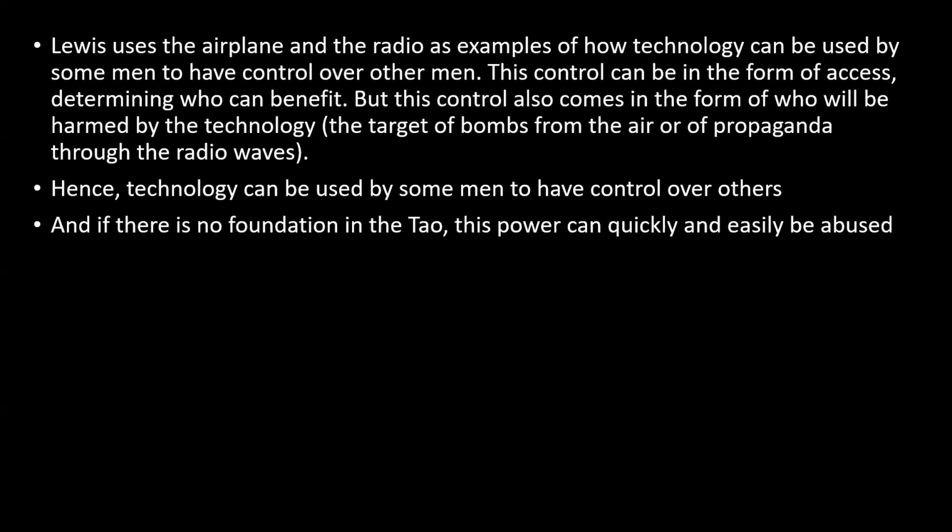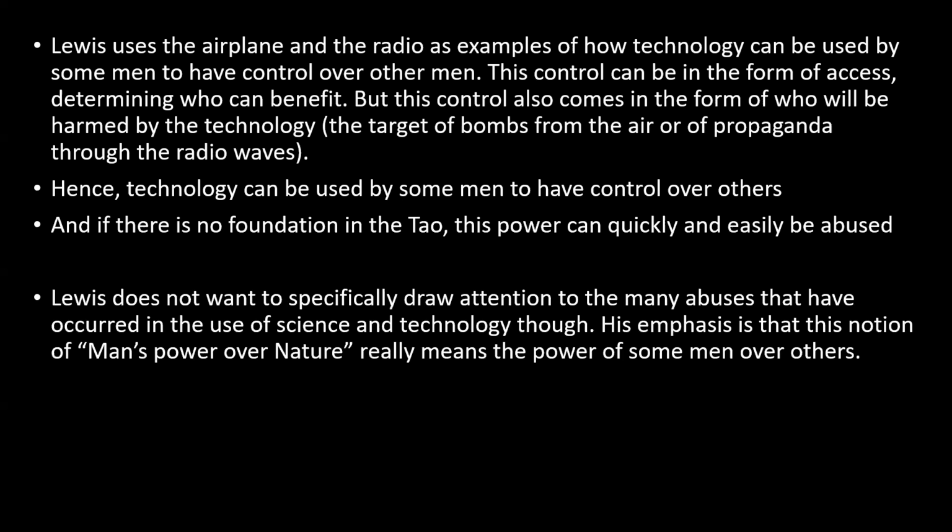And C.S. Lewis is going to really emphasize that if you consider how technology can be misused or abused or used as a form of power of some men over others, he says, now consider what he's been talking about throughout this book, that there's been this rejection of the Tao. So if we reject the Tao, we reject any type of objective truth and objective morality. And so the use of this technology has no foundation in the Tao. Just imagine how quickly this power can be